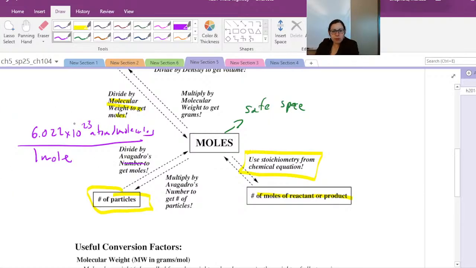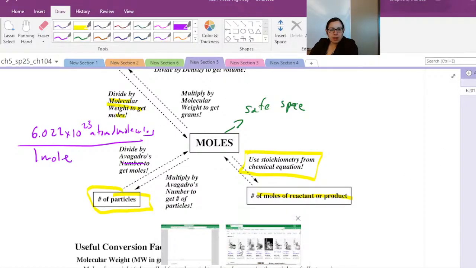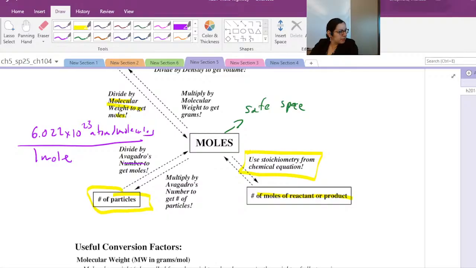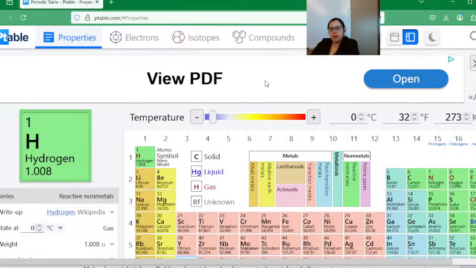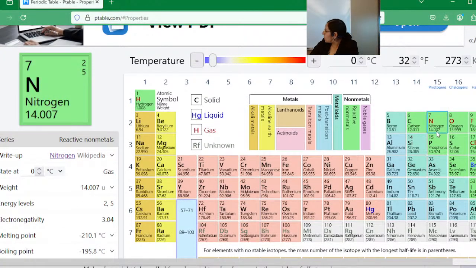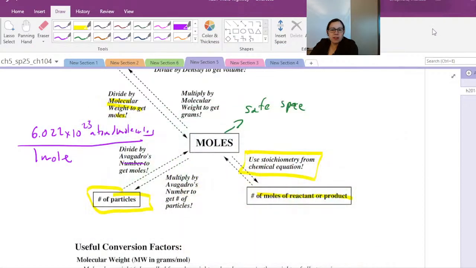This funny number goes back to the periodic table, and it has to be that number such that this equals 14 atomic mass units, and it also has to equal 14 grams per mole. If you were to multiply 14 atomic mass units by 6.022 times 10 to the 23rd and convert that to grams,